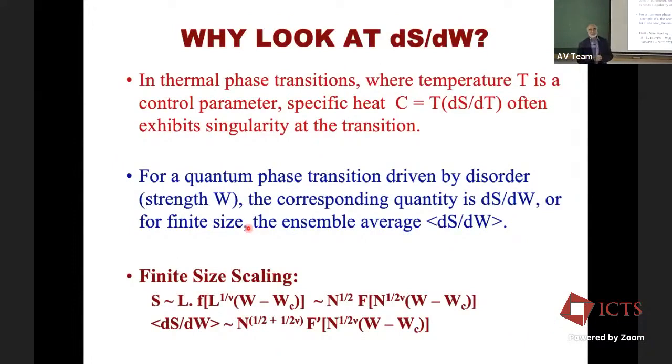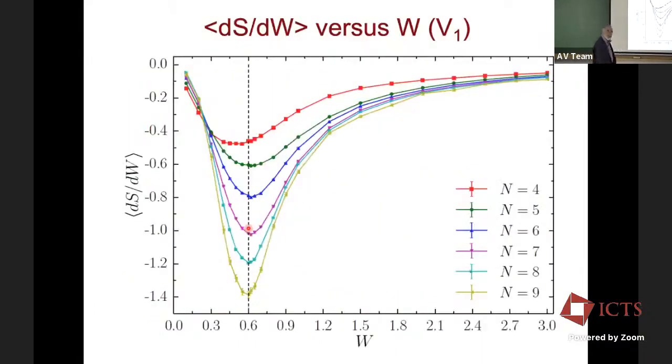In a thermal transition, the specific heat is the derivative of the entropy with respect to temperature. So we are arguing that in a quantum transition, the derivative of the entanglement entropy with respect to the tuning parameter, W, plays a similar role. So one should look at these curves and think of them as specific heat curves. Then you should have done the other thing, just taken another set of samples at a different value, done an average, and because that is already a derivative with respect to the average. Also, right. If we had enough accuracy, we would have done that. This is what we can do.